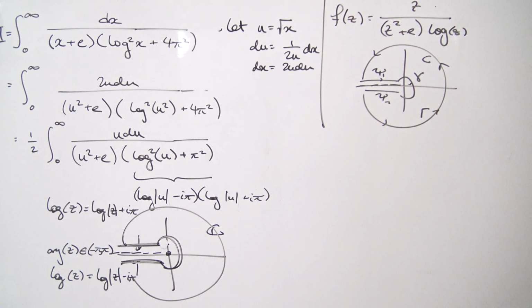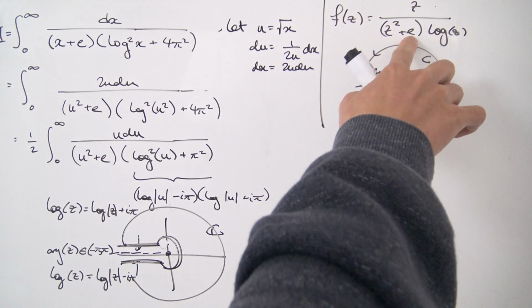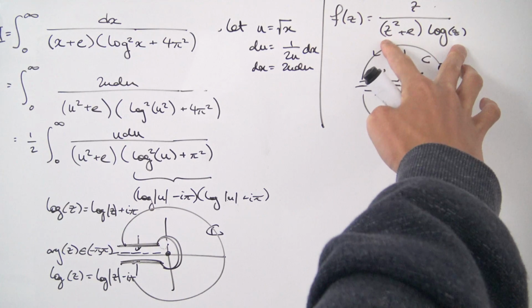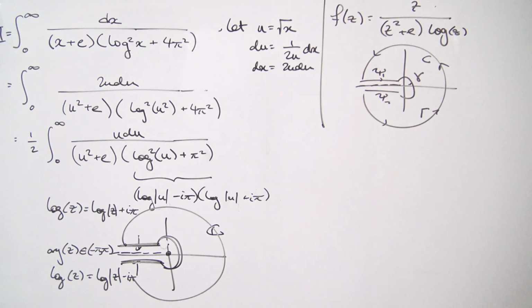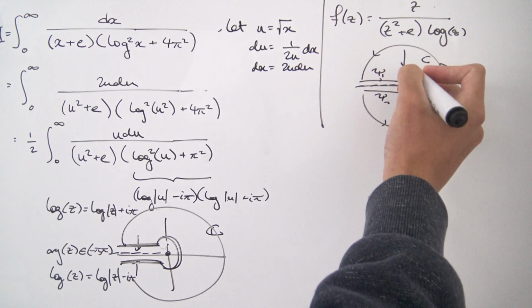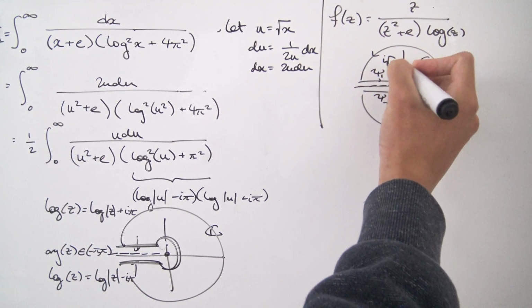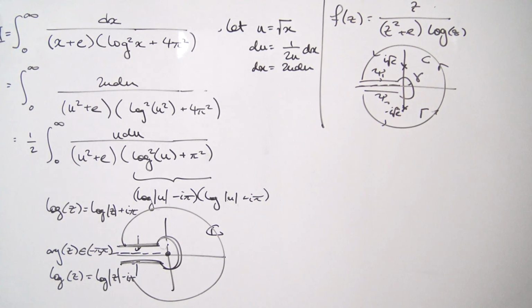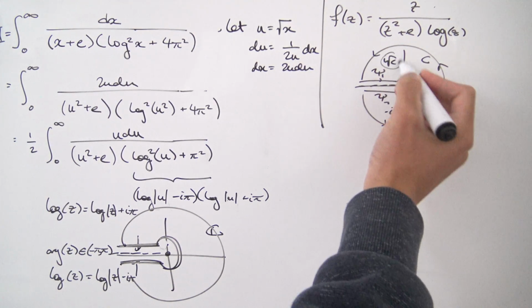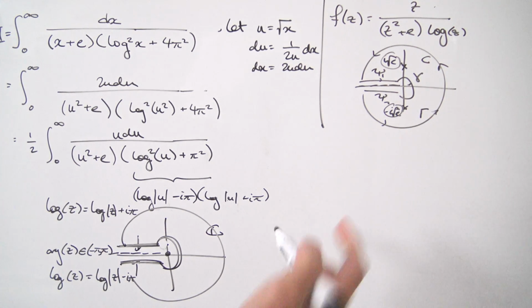So what do we know so far about this function? Let's check out the poles. So we know there's poles because the denominator can be equal to 0. First of all, for this factor, z squared plus e, where are the poles? It's going to be plus or minus i square root of e. It's up over here and down over here somewhere. So that's i square root of e, and down over here, this is negative i square root of e. Okay, so these are the two poles from that first quadratic factor, and we're actually going to get a branch